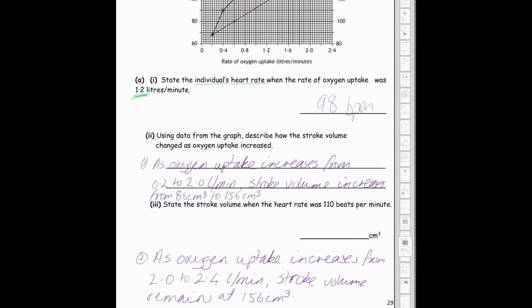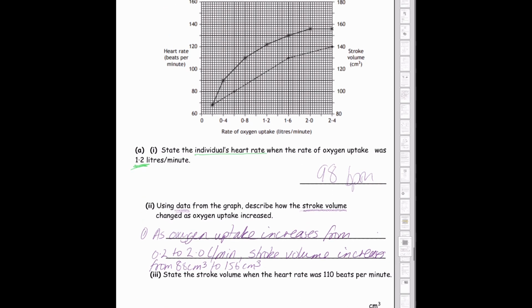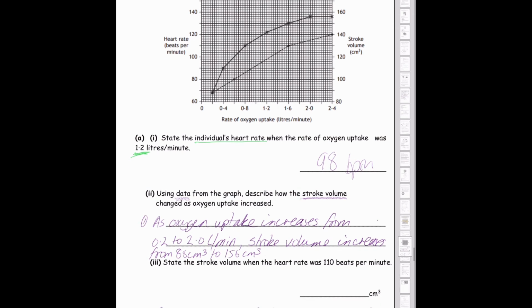Okay, for part 3, again we're using data from the graph as previously. So we have to use data from the graph to describe how the stroke volume changed as oxygen uptake increased. Okay, so let's look at the graph. We've got to make sure first of all that we are looking at the correct line. So let's highlight it. So stroke volume is the green line. So the green line is this one here,